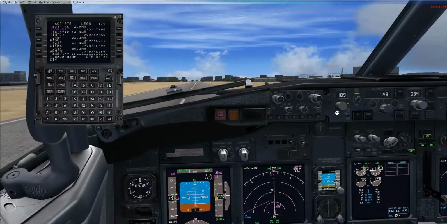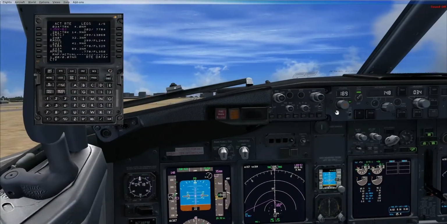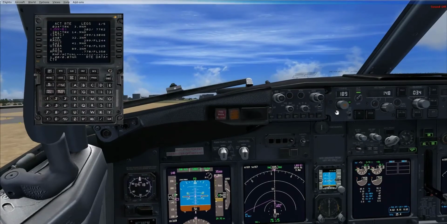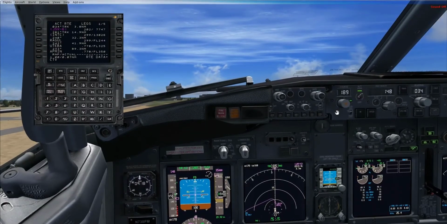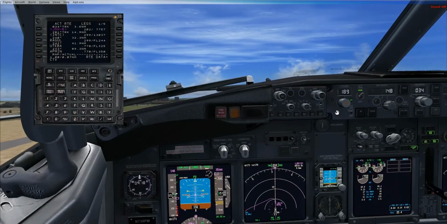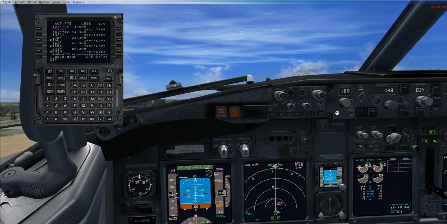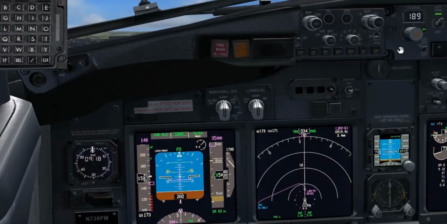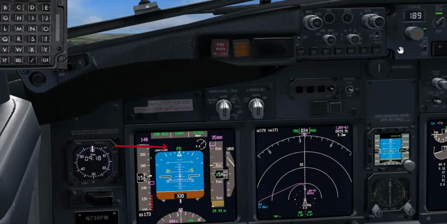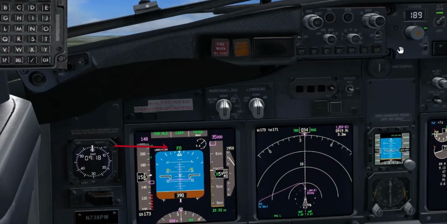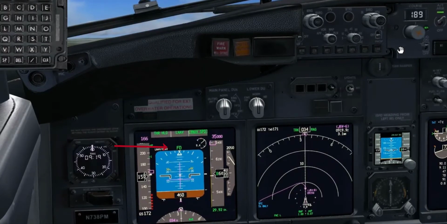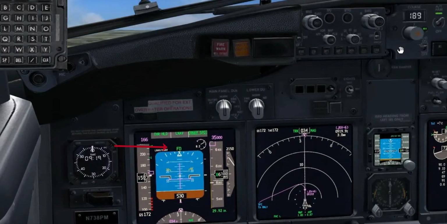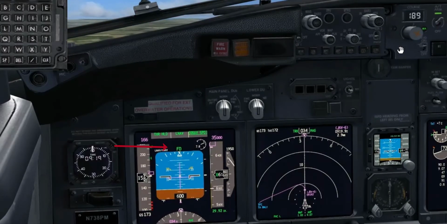This is part 3 of our flight from Johannesburg to Cape Town. In part 2 we set up the aircraft, and now we're taking off from runway 3L at Oliver Tambo Airport. At the moment I'm following the flight director, but at around 600 feet I will push the autopilot and let LNAV and VNAV take over.